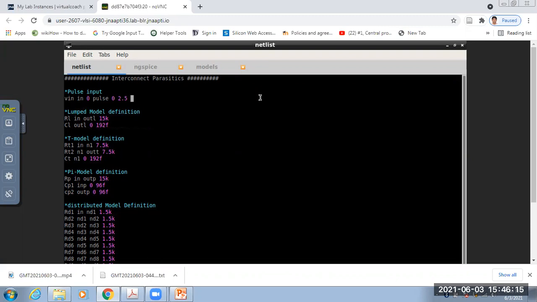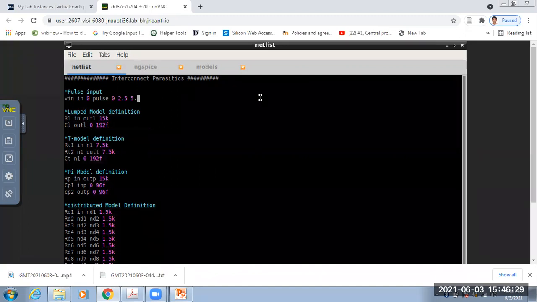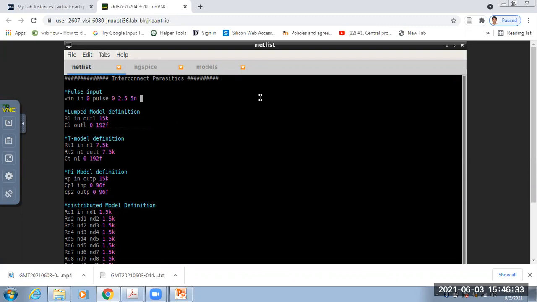Then delay: how much delay do you want initially? Give 5 nanoseconds.